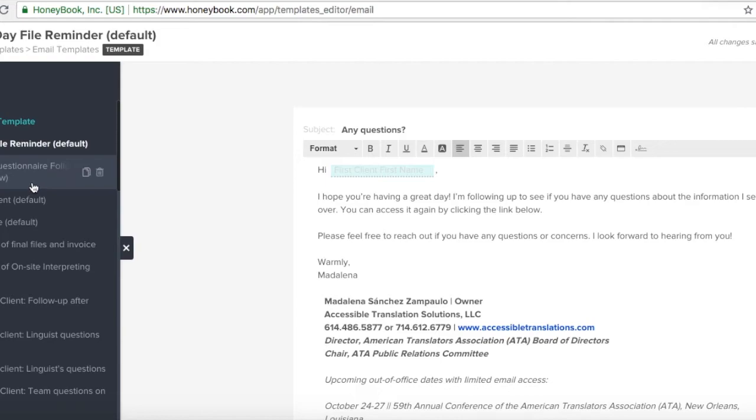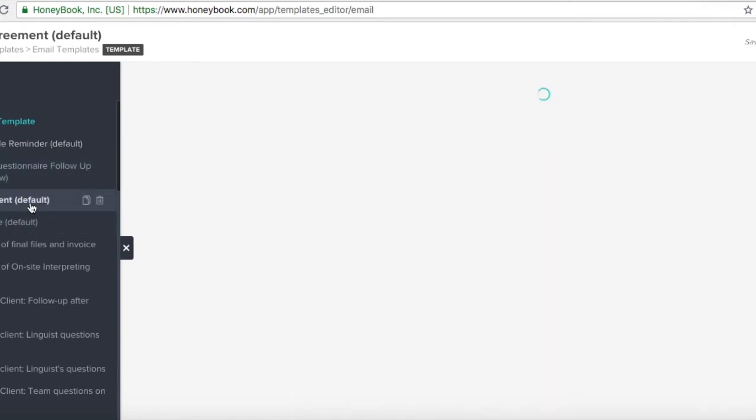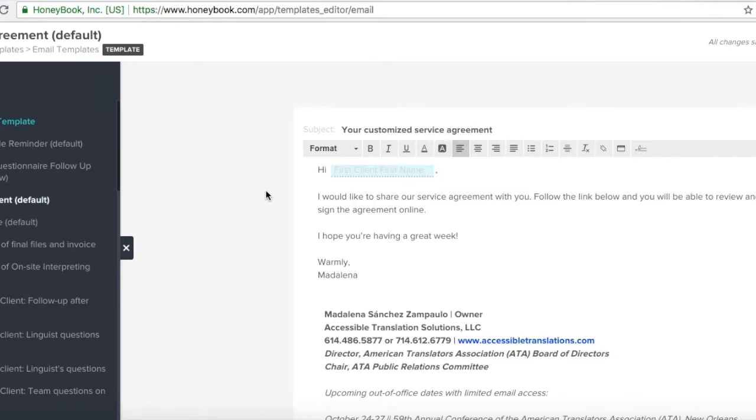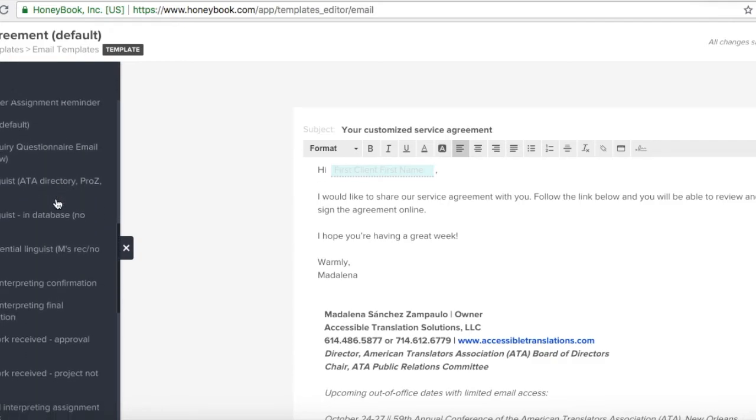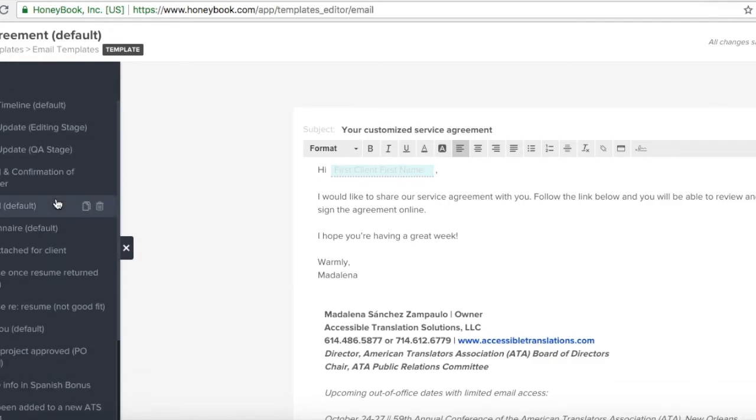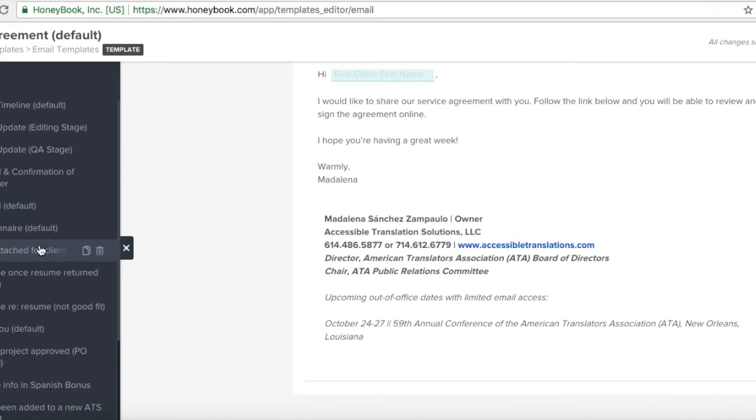We have a questionnaire follow-up. We have an agreement, a brochure. These are all templates that go with the files we've created. So the agreement would be like our proposal. I'd like to share a service agreement with you. Follow the link below and you'll be able to review and sign the agreement online. It goes from start to finish. I mean, there are so many different things. There's a quote attached for the client. We could say,